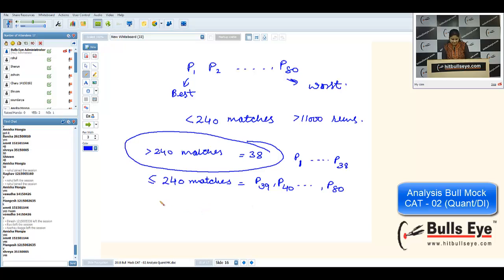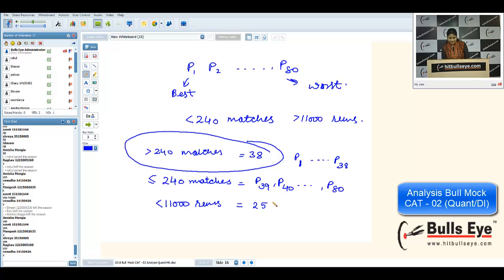Now I'm taking the other condition. By using the table, we can say less than 11,000 runs, there were 25 players. If they are scoring less than 11,000, they should be the last 25 players. Last 25 players will be P55 to P80. Can you say this? P55 to P80. So I can say, reverse of that, greater than equal to